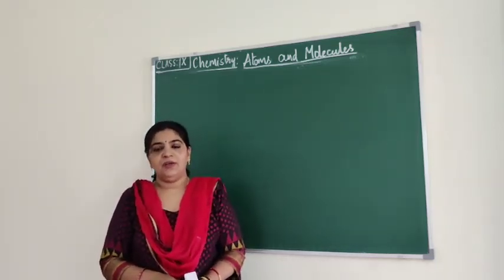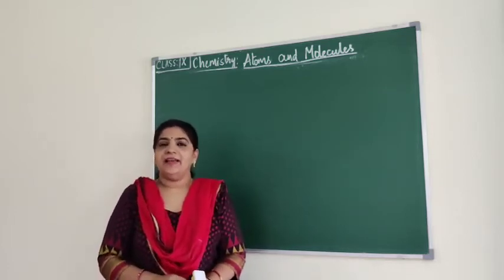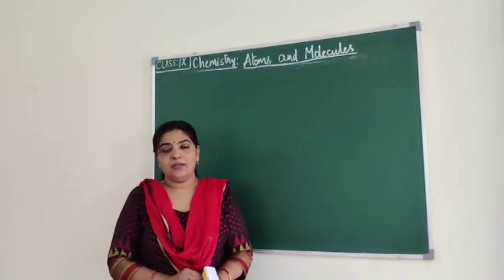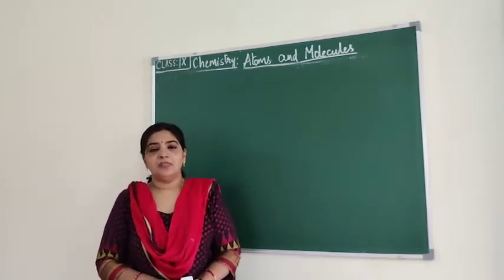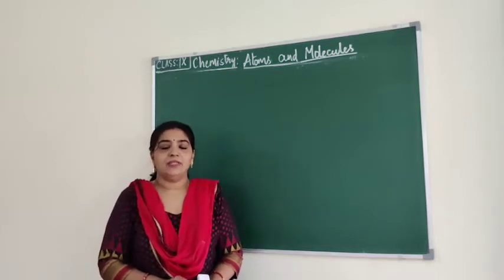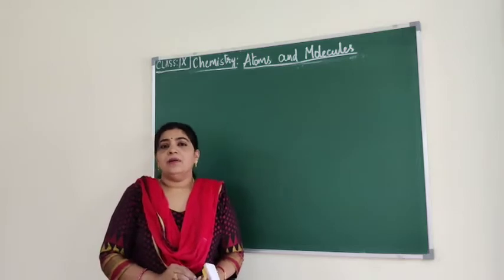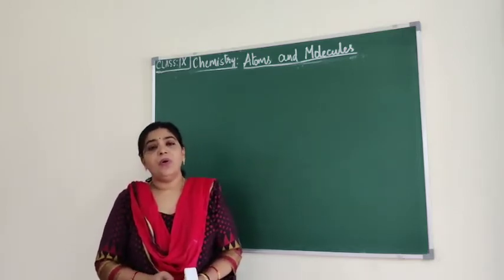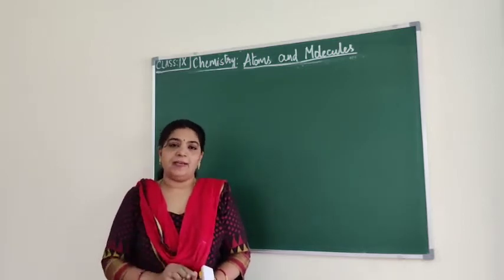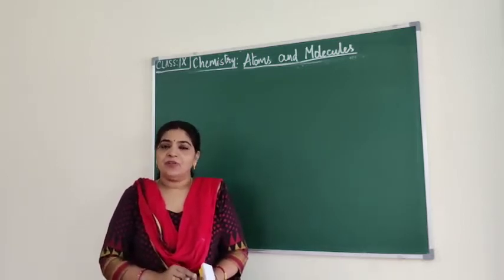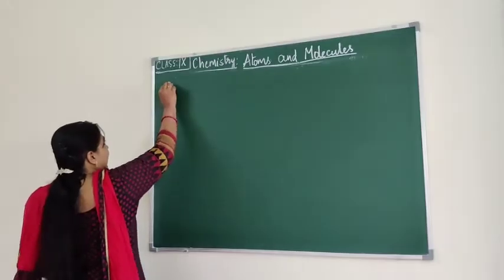We have understood what the laws of chemical combination are, and under that, I hope you have understood the law of conservation of mass, the law of constant proportion, as well as John Dalton's atomic theory. Now we have understood all matter is made up of a tiny particle called an atom. So what is an atom? Let us see what an atom is.